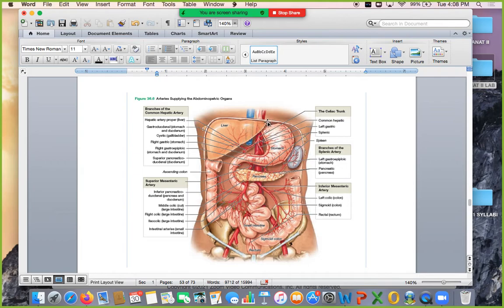All right, so if we're looking at the abdomen, as we head downward, one of the first things we're going to encounter on our way down is the celiac trunk, which then splits into common hepatic, left gastric, and splenic. Next one we're going to hit is going to be the hepatic artery. The hepatic artery is going to have the hepatic proper, gastroduodenal, which is going to split into the stomach and the duodenum. We also have the cystic, which is going to do the gallbladder. The right